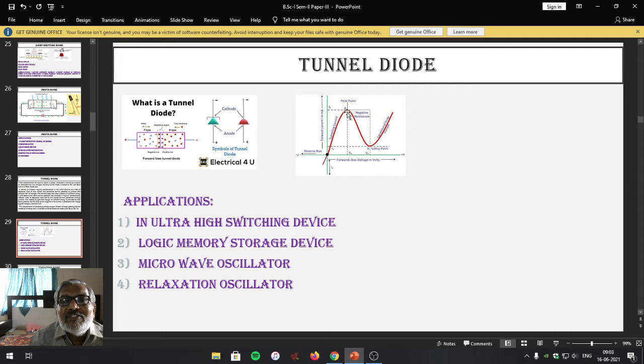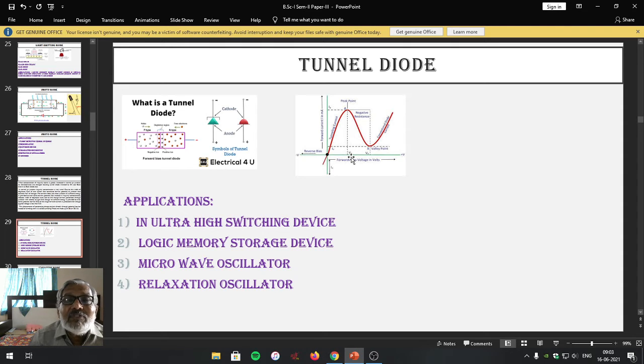When current becomes maximum for a particular voltage, at which a particular peak we have detected, the maximum current that we noted, that particular point at which at a particular voltage current is maximum, that point we can call a peak point. And that maximum current at the peak point is called the peak current. The voltage at that particular point is called the peak voltage.